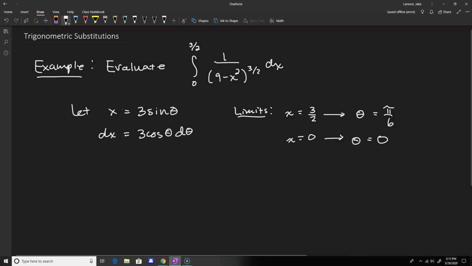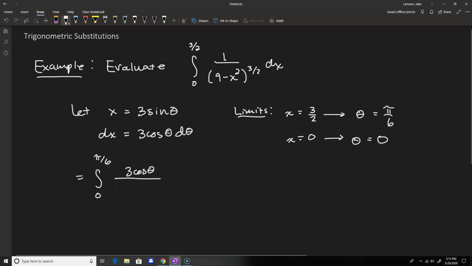Again, you just plug x into the original identity we have here. So 3 over 2 equals 3 sine theta, solve for theta, and 0 equals 3 sine theta, and solve for theta. Then our integral now transforms to the integral from 0 to pi over 6 of 3 cosine theta